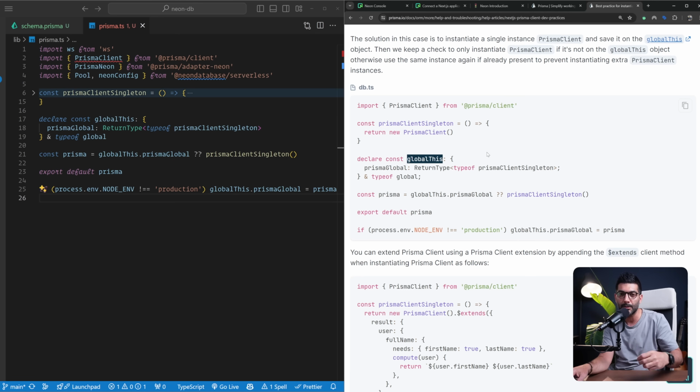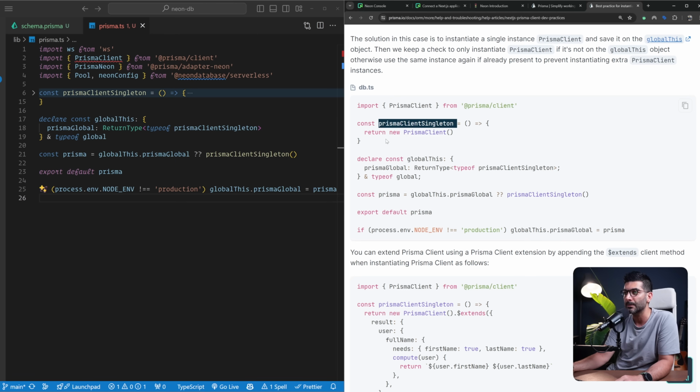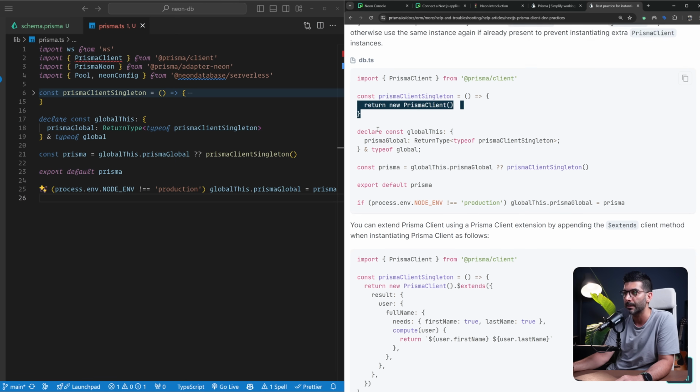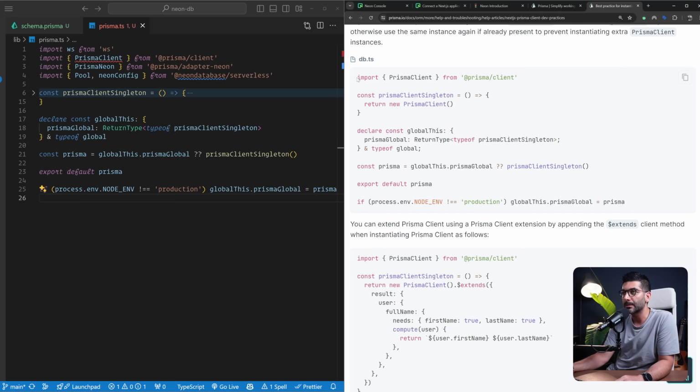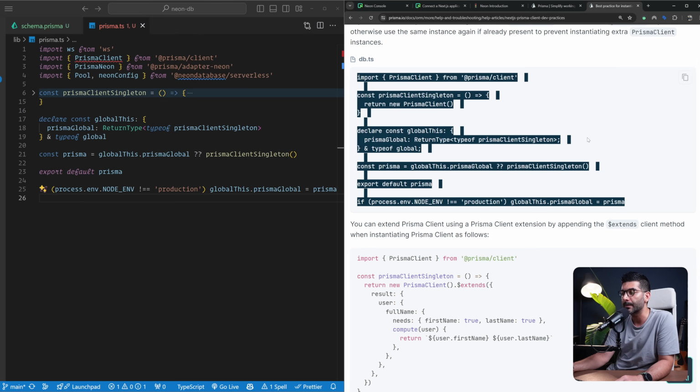Because of the hot module reload in Next.js in dev mode, when you are working on your application in your local machine, to avoid recreating the Prisma client and exhausting your connection pool, we're going to save this Prisma client in our global this using this singleton pattern. So we have this function that returns a Prisma client. We're going to call this function if it doesn't already exist inside of our global this object. So this is the first pattern that we're going to use based on Prisma documentation to create a Prisma client